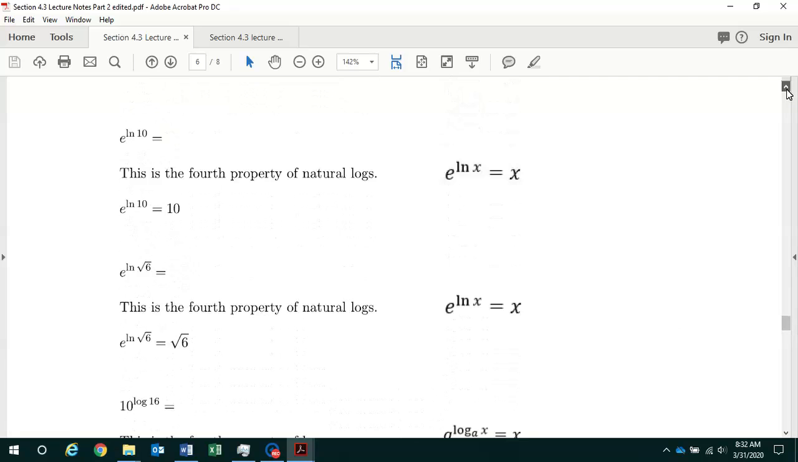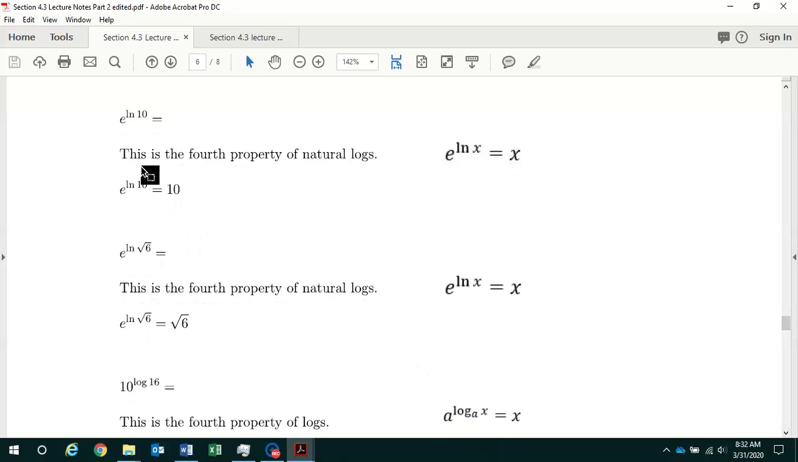Now let's go back up here to the third example, where we've got to evaluate e raised to the natural log of 10. Well, the fourth property of natural log says e raised to the natural log of x is just equal to x. The natural exponential function e and the natural log function cancel, and we're just left with x. So in this case, x is equal to 10, so e to the natural log of 10 is just